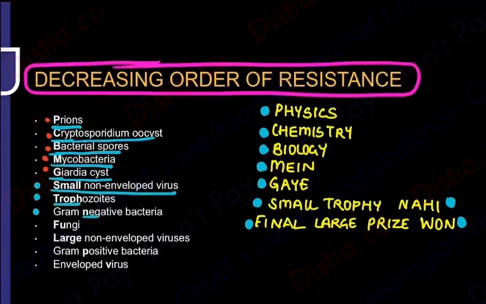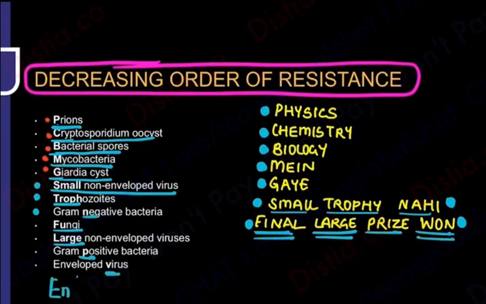trophozoites and नहीं मतलब gram negative bacteria, simple. So the word is also telling you small viruses, non-enveloped वाले. Trophy for trophozoites, नहीं for negative, so gram negative. So small trophy, I am not interested in final large prize. One, final मतलब all the fungal organisms, large of course refers to the large viruses, non enveloped. P refers to now of course positive, gram positive bacteria, and one for virus, कौन सा virus बचा, the enveloped viruses